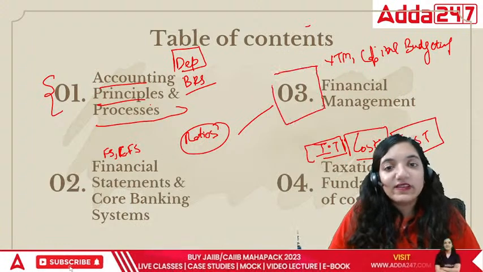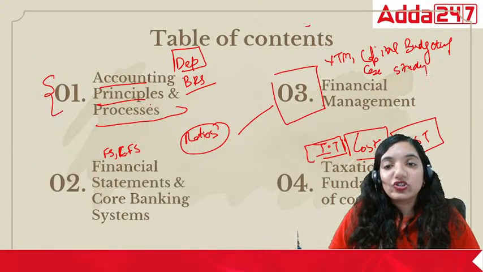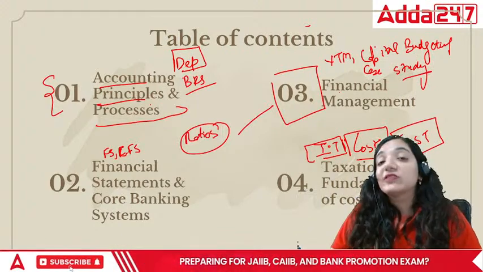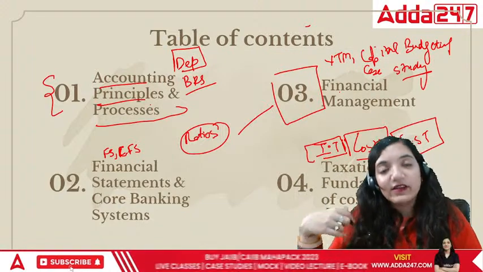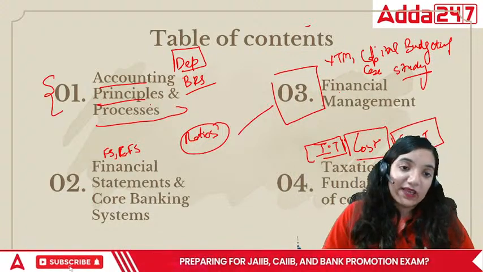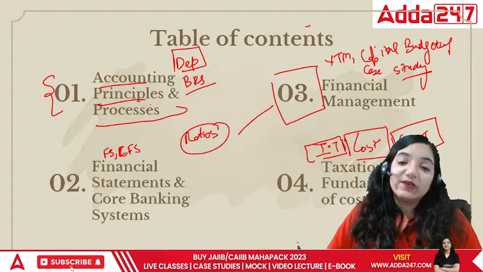Module C is always based upon case study questions. Most of the case study questions would be taken from this area. So don't skip module A and module B and directly take module C, because that will turn into a very confusing situation. It's always better you start from module A and B, get comfortable with accounts, and then move towards module C.